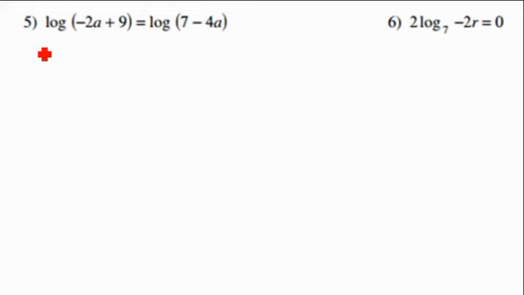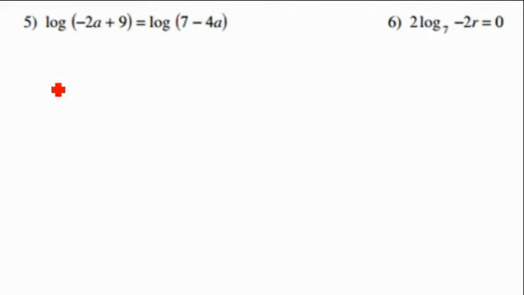The first problem is like the problems on homework 11, where you are using the fact that the logs have the same base. If you look here, log and log, so we're just going to take what's inside each log and set them equal to each other and solve. So you should end up with negative 2a plus 9 equals, we got rid of that log, 7 minus 4a. And from there you're just going to solve for a until you get a equals, and then that will be your answer. We can do this because